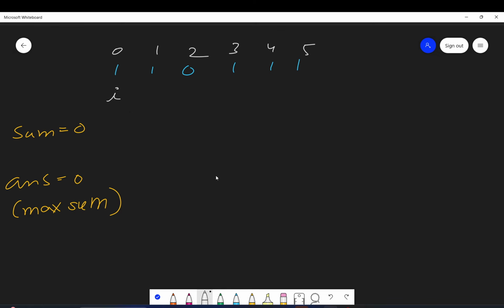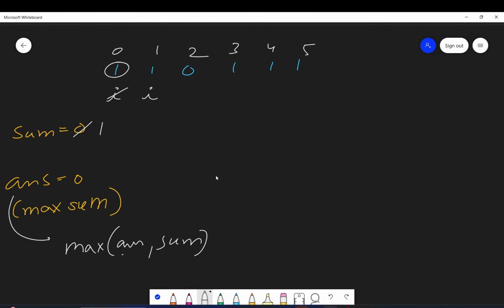You just do the indexing. Okay. So we start from here, we get 1. If you get 1, just add it into the sum. Okay, move forward. Now the answer should be the maximum sum, right? The answer will be the maximum of the answer value and whatever is in the sum.